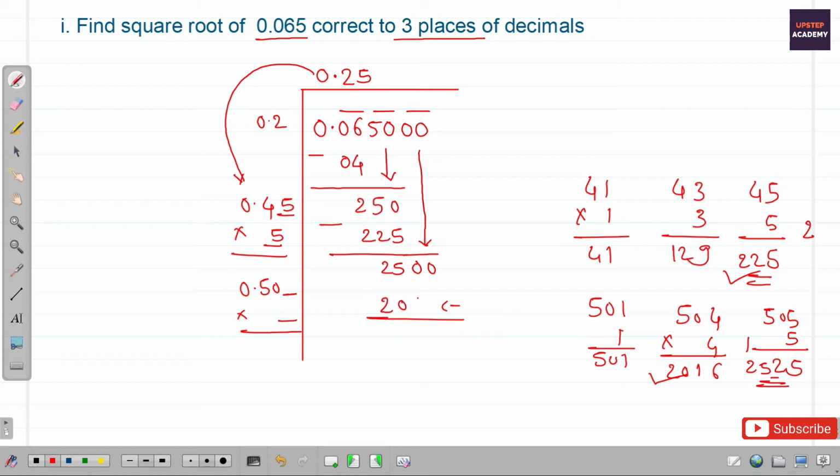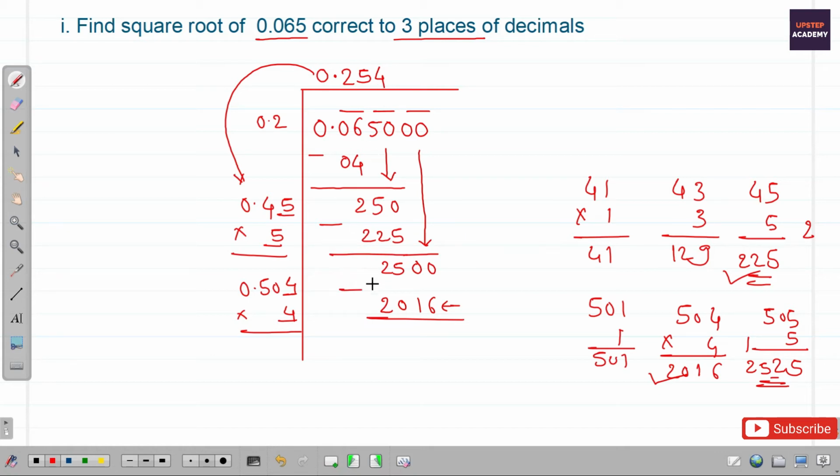So let me write 2016 over here, and for taking 2016 over here we should write 4 over here. So 4 will come here too, and 4 will come here also. Let's do the subtraction over here. You can see in this case we already got 3 numbers after the decimal point, but we needed one more number after this 4, because after getting one more number we can round off this 4. If the upcoming number is less than 5, then we'll keep this 4 as it is, but if the number coming over here is greater than or equal to 5, then we will round up this 4 to 5.